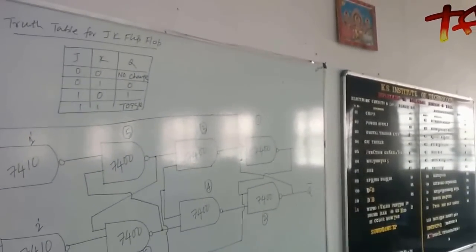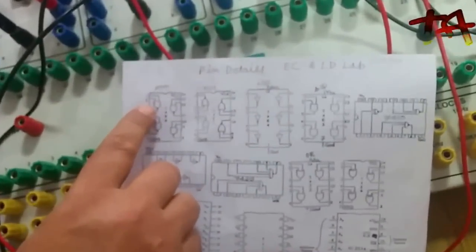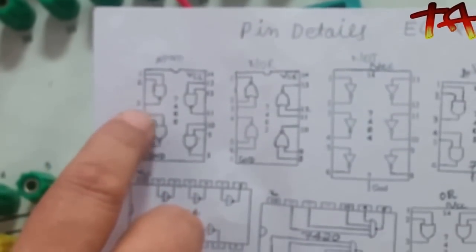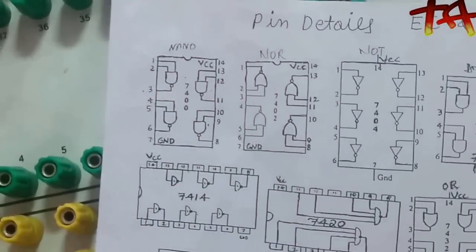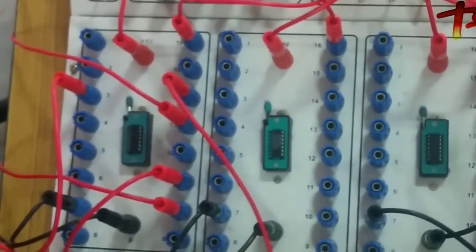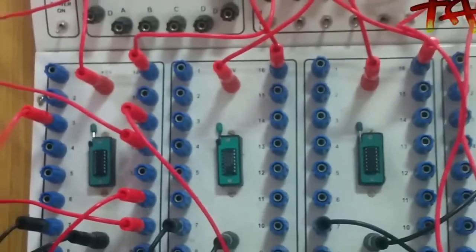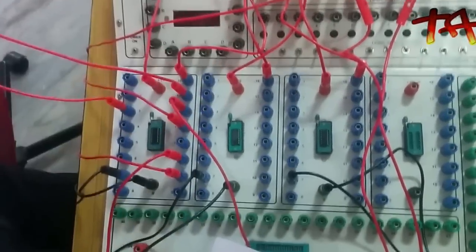Next, you come to the other input of gate number 1. One input is still pending. It will be coming from gate number 3's output. This is gate number 3. What is the output? Output is pin number 3. Therefore, pin number 3 will be coming as an input to gate number 1. What are gate number 1's inputs? 12 and 13. Already we have used the 12 and the remaining is the 13. Therefore, it will be connected to the 13.